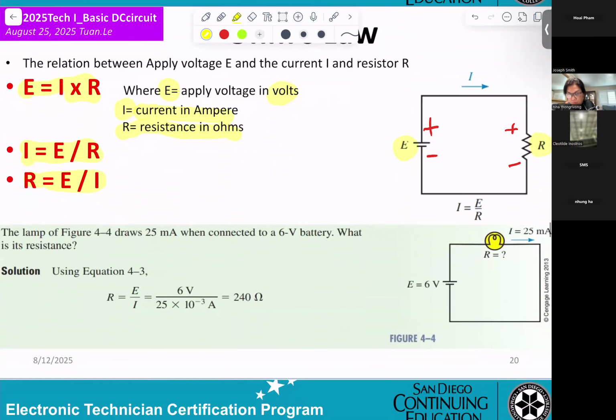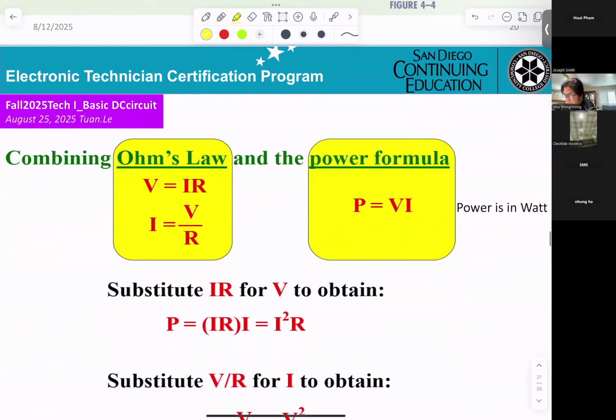And then they give one example for you here. You can look at the example. You try to do it. Okay. And now, power. P equals V times I. Power will be in watts, V volts, I amperes. So that is the formula to calculate the power, how many watts. When you go to buy a light bulb, they ask you how many watts: 60 watt, 100 watt, or